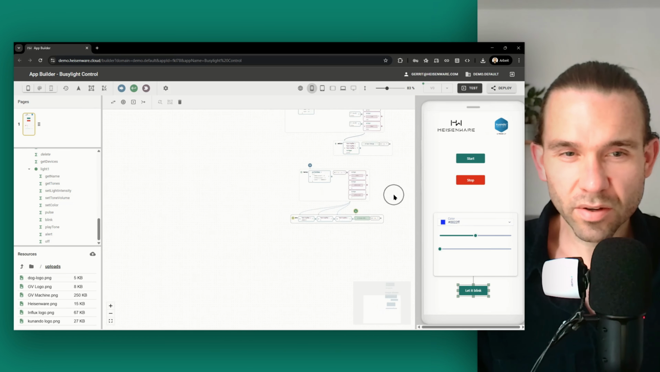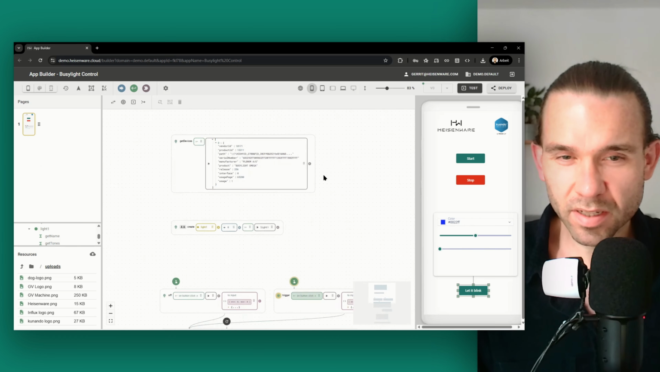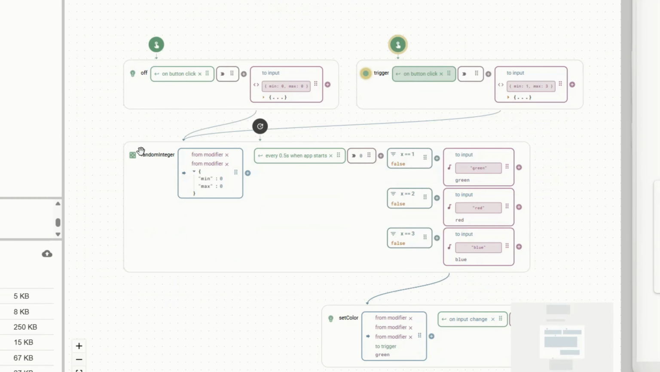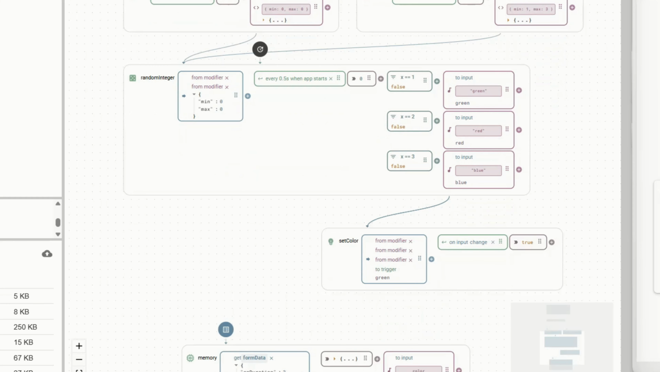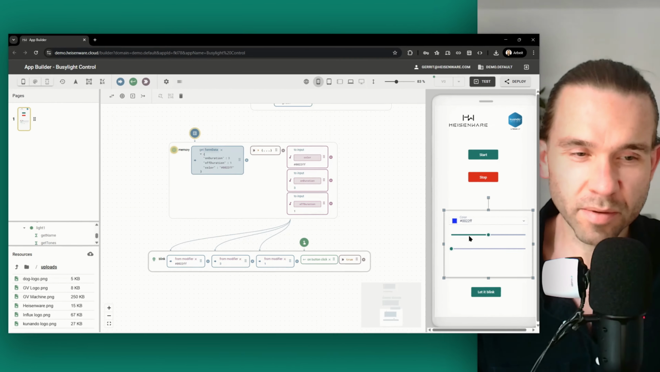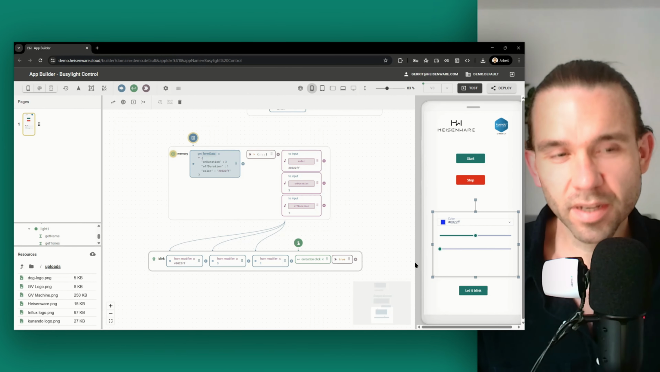Let's have a look at the low code that we have here. So this one here is not really required. The create is required. Then we have the random integer creation and setting the color. So this is our state generator, let's say, and we set the color. And then on top of this, we have the turn it on and turn it off functionality. And here with just 2 functions and 3 modifiers and the form, we have built a full remote control for